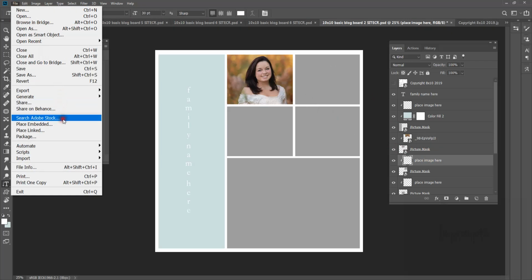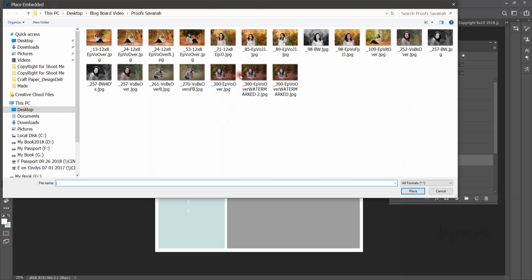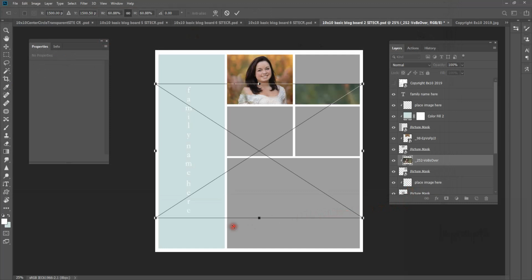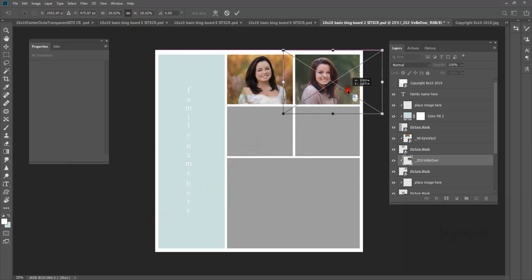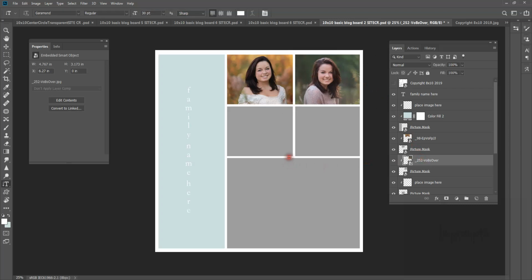Again, choosing File, Place Embedded, and we'll do this one. Again, making sure that the constraint is on. Bringing it up to a size that you feel is appropriate. I try to keep them sized pretty equal so that in this particular case, she doesn't look big in one and little in another. Once you've done this, and placed these all in their masks and layers,